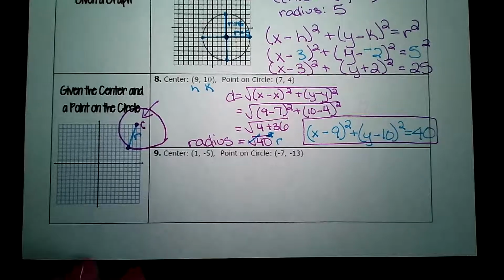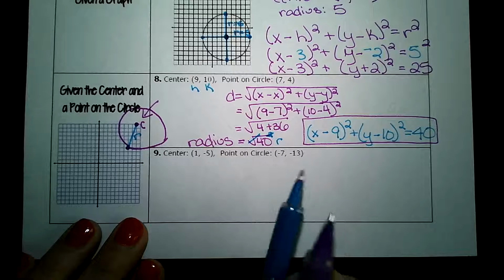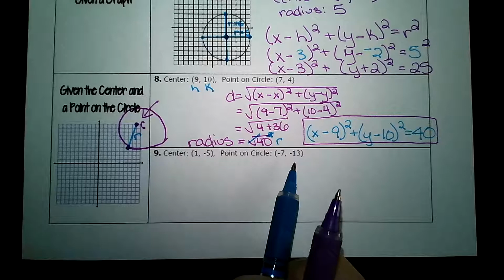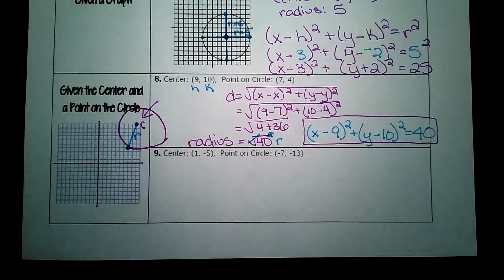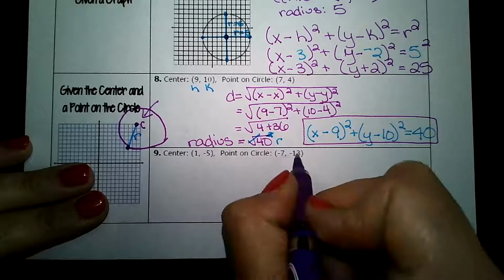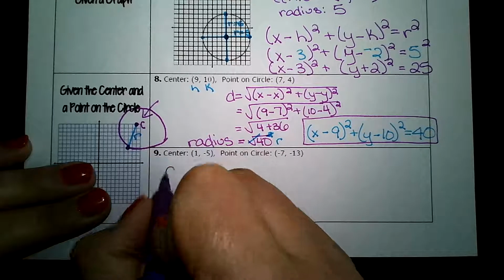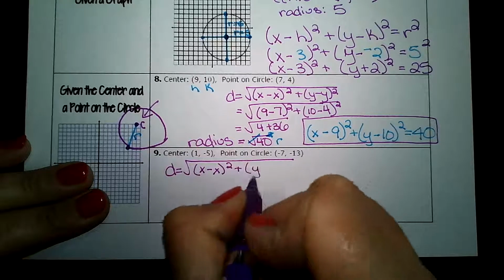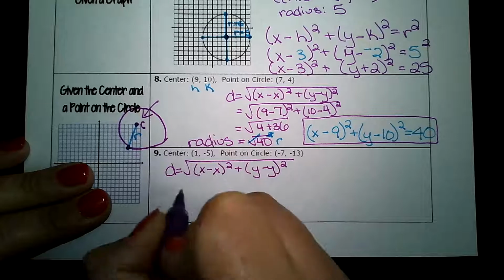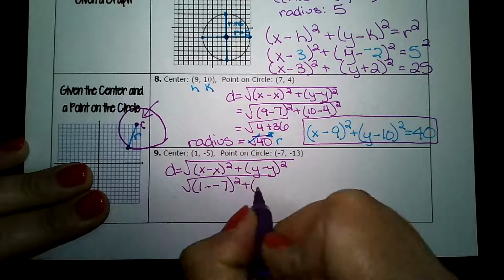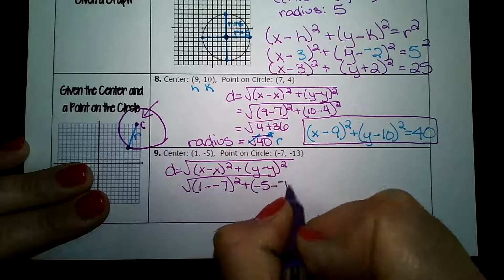For the second example, I did not provide a graph that was big enough. The center is at 1, -5. The random point is way out at -7, -13. So instead, I'm just going to work this without a visual and work on the radius. The distance from the center to the point is the radius. So I'm going to use my distance formula, the square root of (x minus x) squared plus (y minus y) squared. I'm going to plug in my x values of 1 and -7, y values -5 and -13,